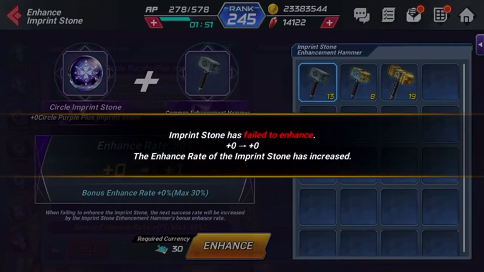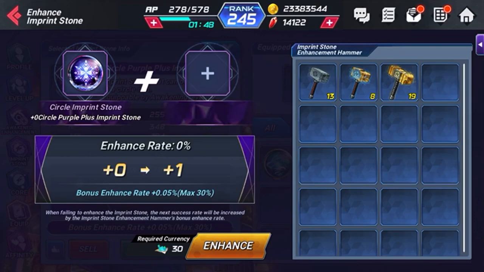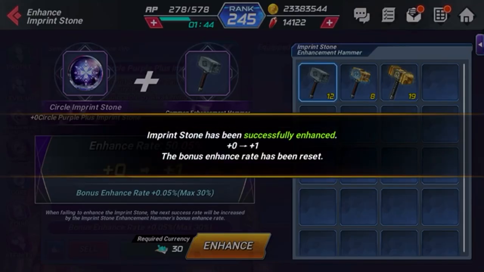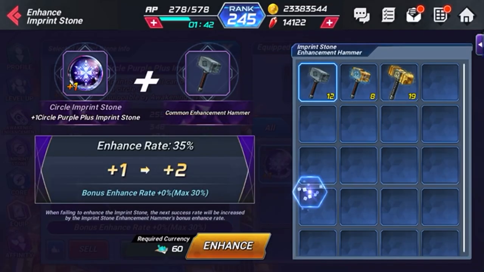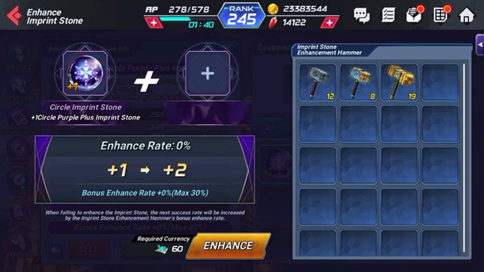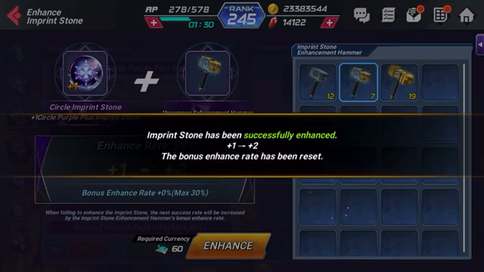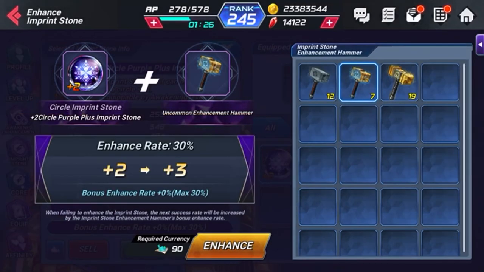So let's try the lowest grade hammer with a little bit over 50% of success, and I failed the first one. For the second one, there you go. I have succeeded. So now I am +1, which gives me overall stats with whatever character I will imprint this stone onto. And also bear in mind, once again, after you equip a stone onto a character, it is stuck on that character. So you can't just swap them around like you can battle cards,